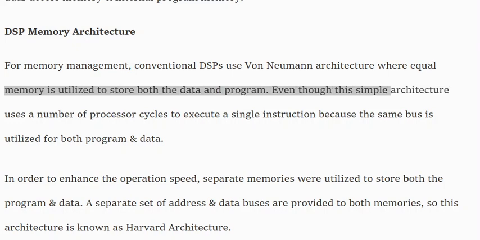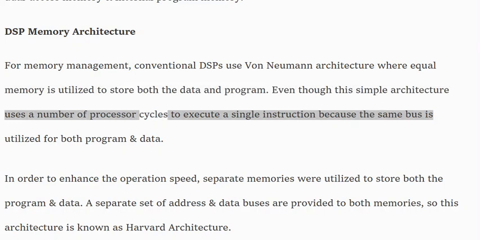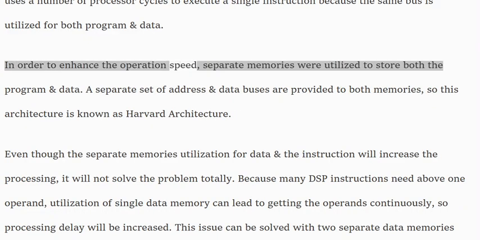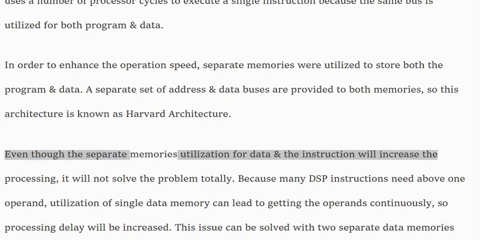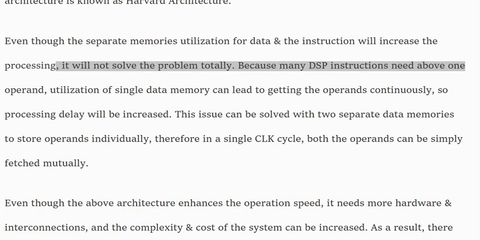Even though this simple architecture uses a number of processor cycles to execute a single instruction because the same bus is utilized for both program and data, in order to enhance the operation speed, separate memories were utilized to store both the program and data. A separate set of address and data buses are provided to both memories, so this architecture is known as Harvard architecture. Even though the separate memories utilization for data and the instruction will increase the processing,